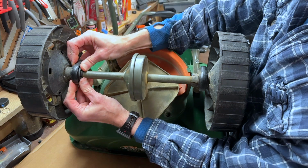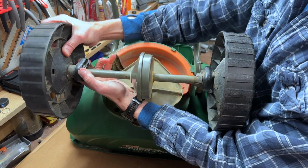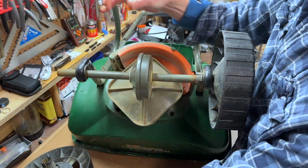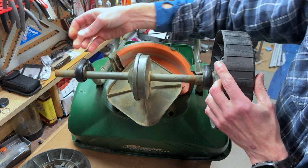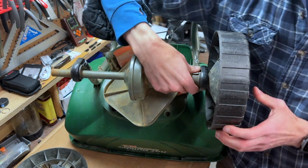The wheels can be removed by squeezing the tabs surrounding the axle. Need to clear this. And then they can be shimmied off. Under the free spinning wheel, the axle is smooth and cylindrical, but on the opposite side, I'll show you once I get it off,